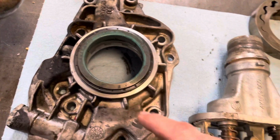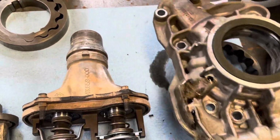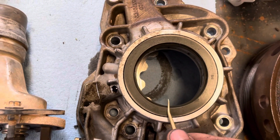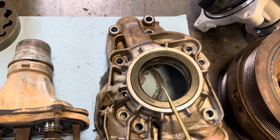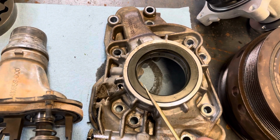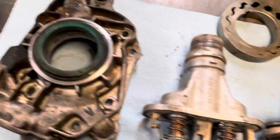Now, if you look at the one off the donor truck, that seal was the one with the wear ring. This truck, I'm almost certain, has never been broken into since it came from the factory. So I think this seal came from the factory with that wear bushing. This one here